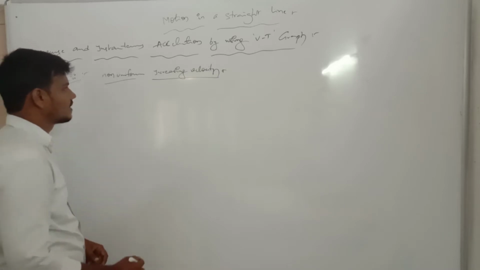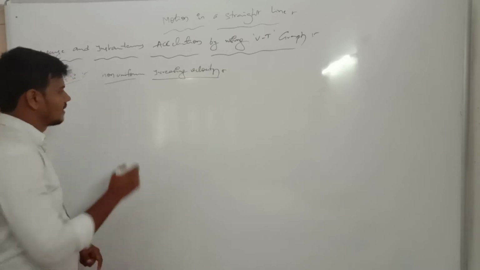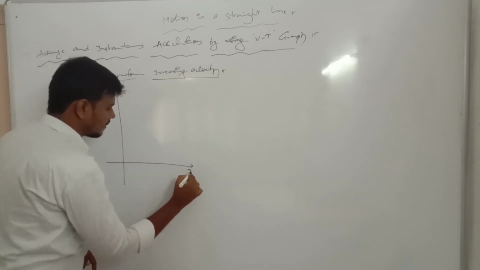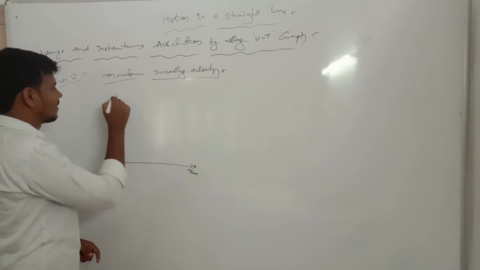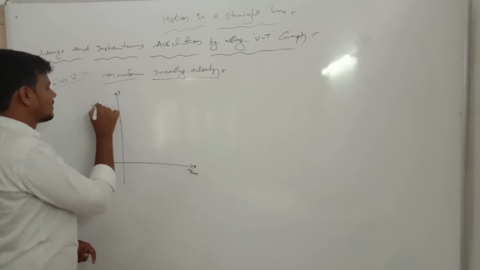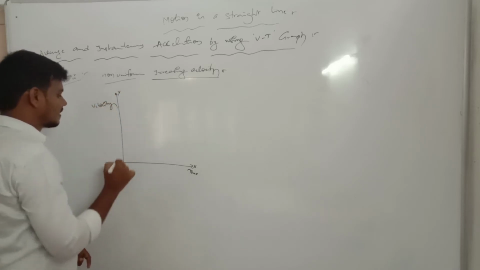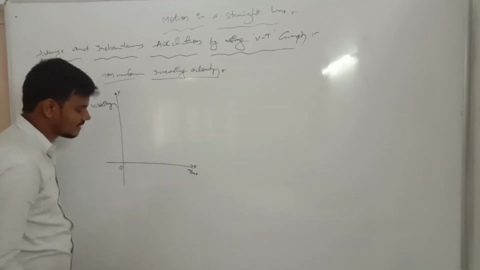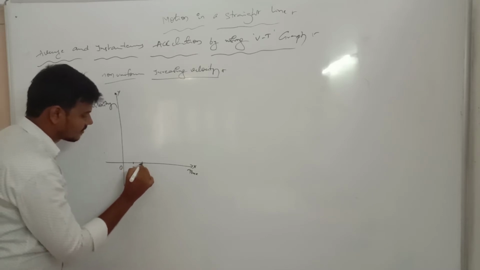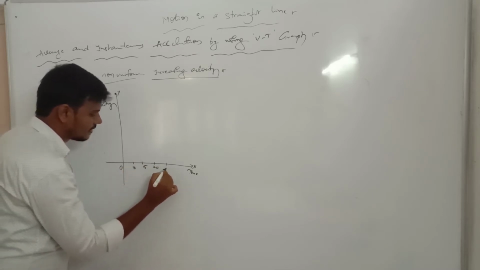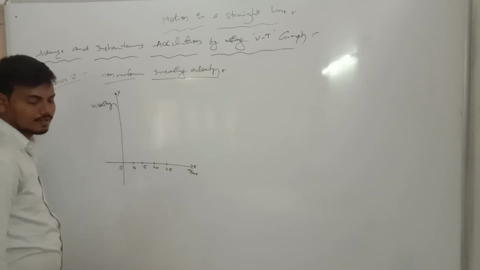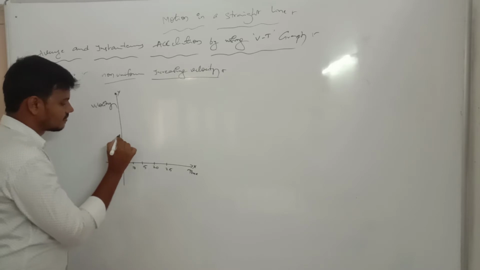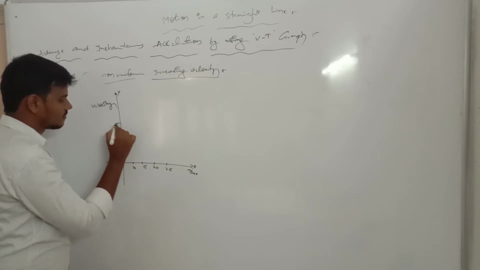Now non-uniform means we represent it the same way. Okay, right? This is the first one. Time period is always the x-axis, velocity is always the y-axis. Which one? Velocity. This is the origin point. Okay, right? In our previous one, same graph, managing coordinates 10, 15, 20, 25. Now in this one we take 10, 20, 30, 40.